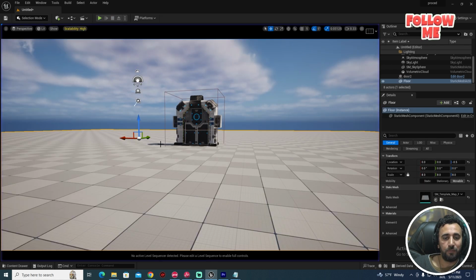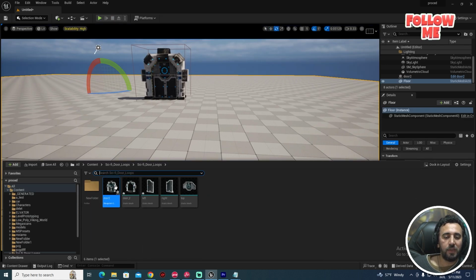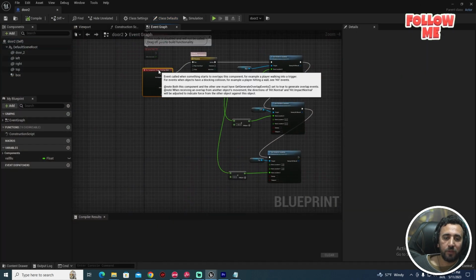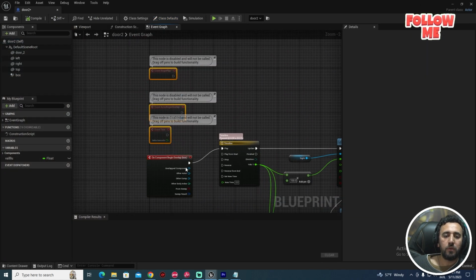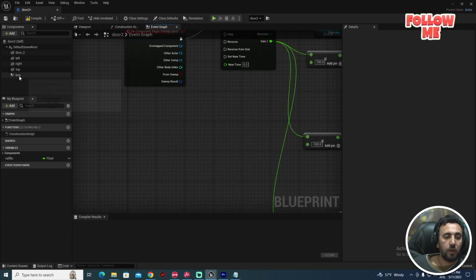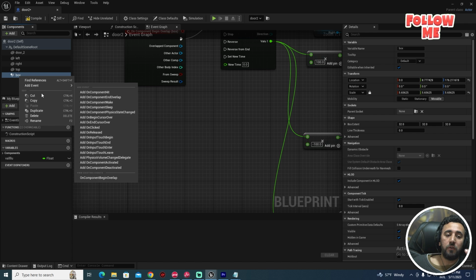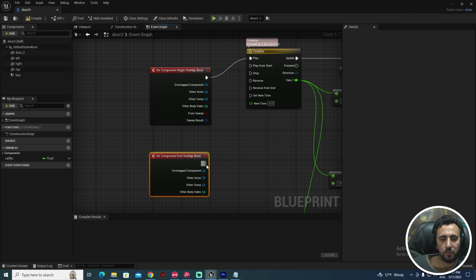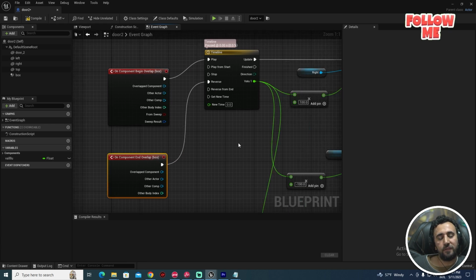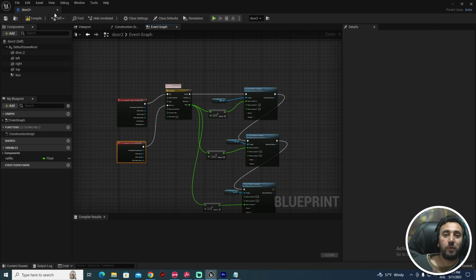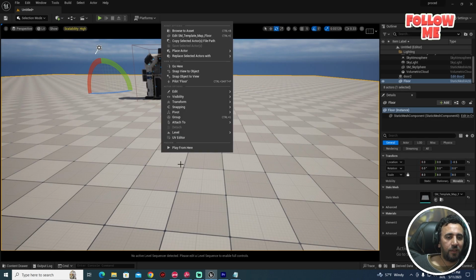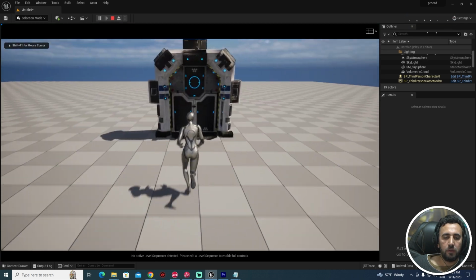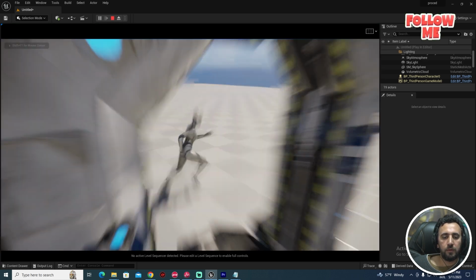How can we do that? The easy way to do that, go double click. So when you end, delete all of them, we don't need it. Box end overlap, I need to close the door. So add component end overlap. So here, come to this area, reverse. All of this animation will be reversed. So compile. Now come here. Open,